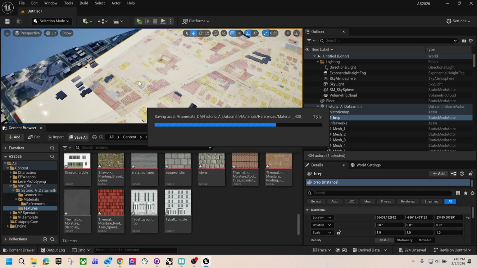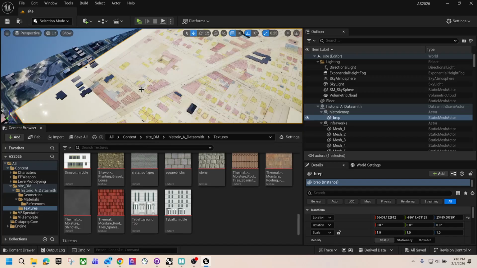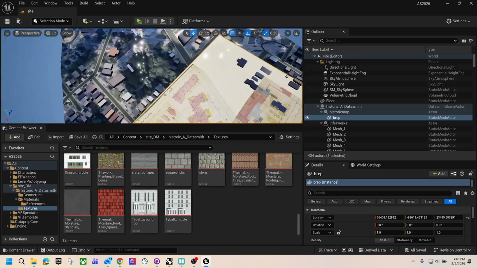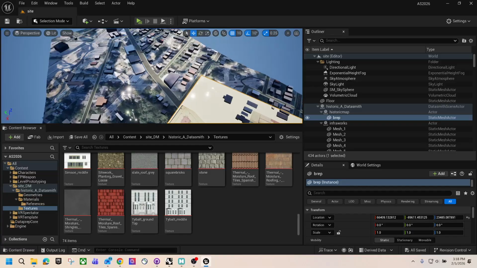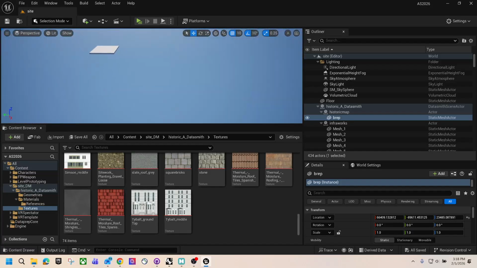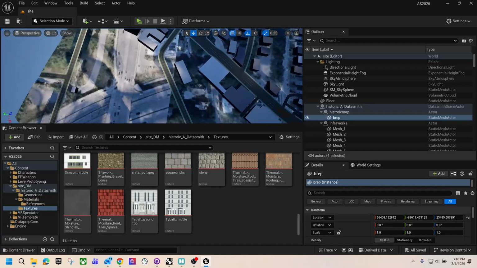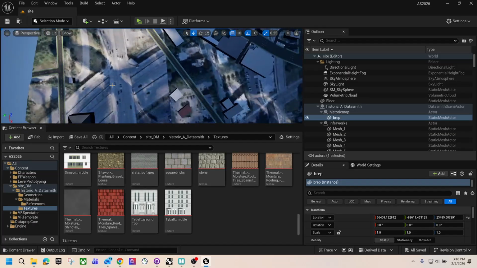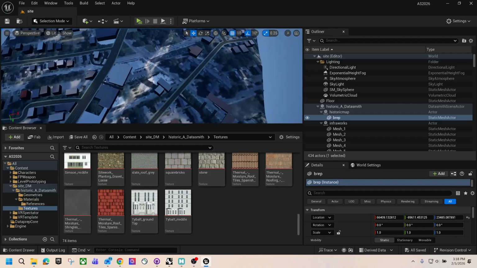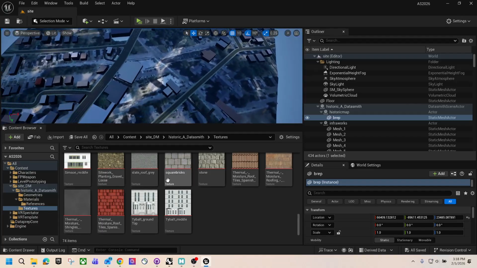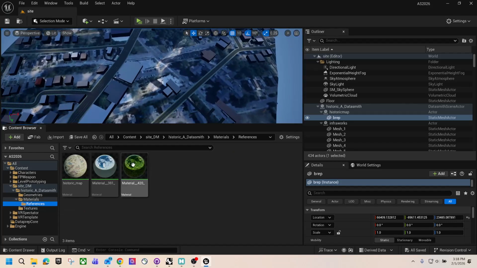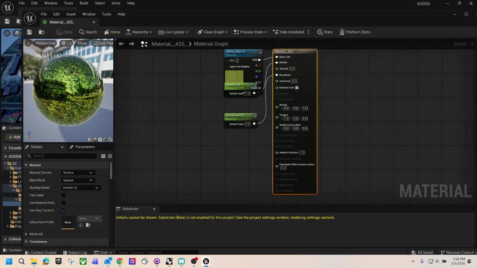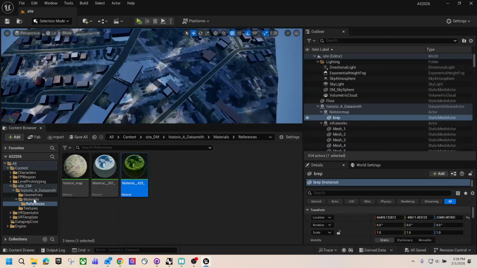Okay. While it's saving, I want to point out a few issues and how we fix it. Number one, you will notice the texture still doesn't look right, right? It just looks like the UV has been flipped as well. You can tell from the highway, it doesn't match with the geometry. The reason is, if I go to reference and open the material, you can see all the materials in this